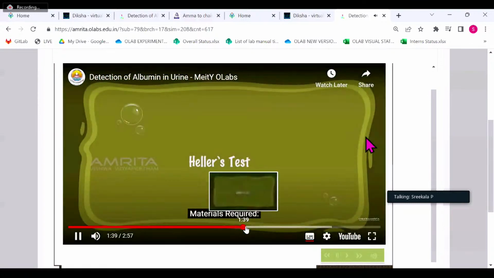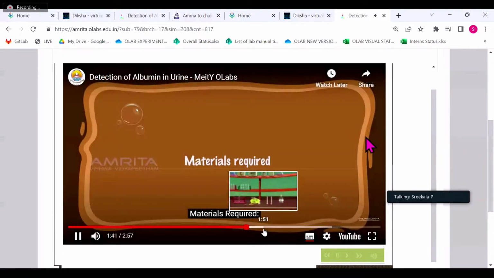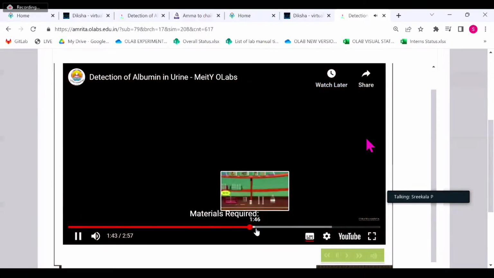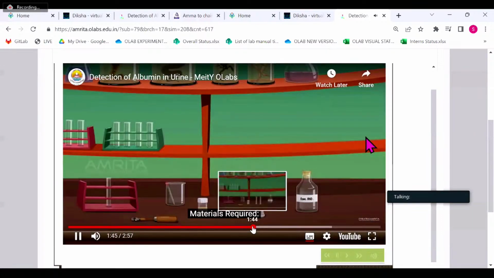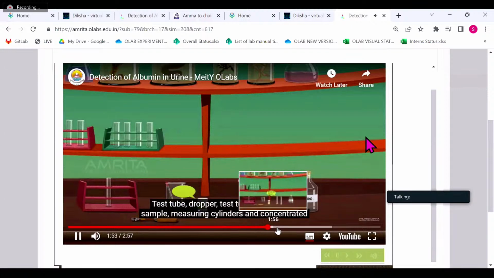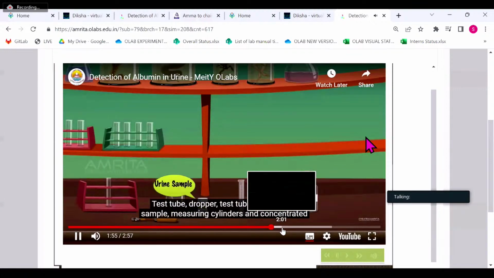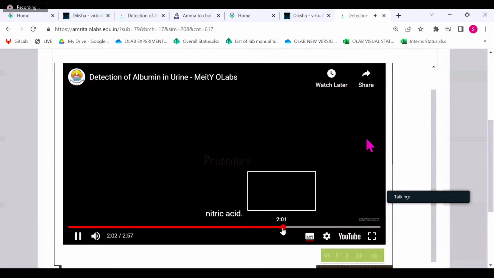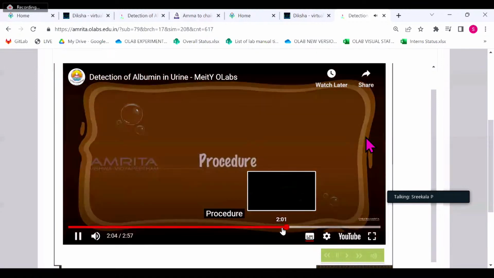Heller's test. Materials required: test tube, dropper, test tube holder, urine sample, measuring cylinders, and concentrated nitric acid. Procedure: